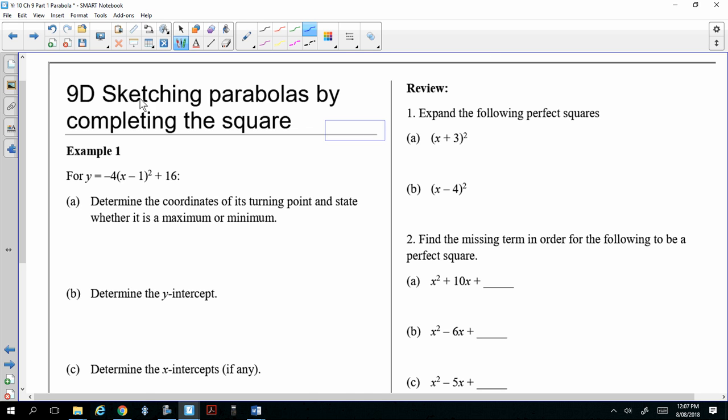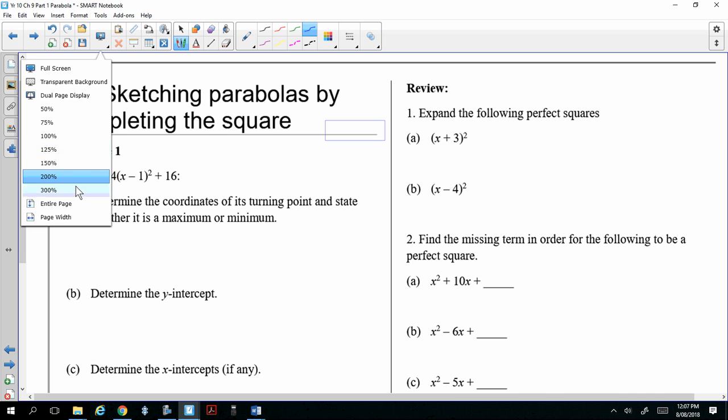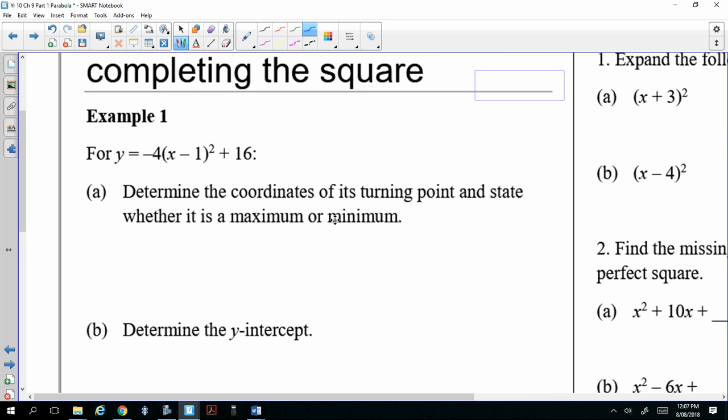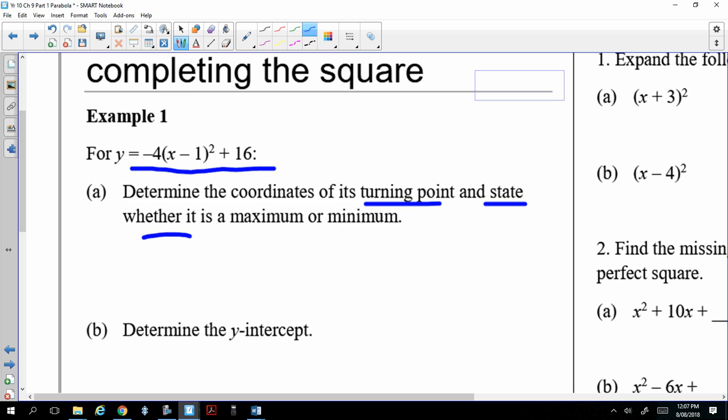Example. So today we're going to sketch a parabola by completing the square. So what's completing the square? Parabolas of this form have a perfect square in it. All right. So the first step is to determine its turning point and state whether it is maximum or